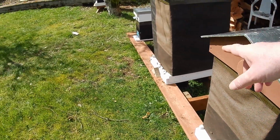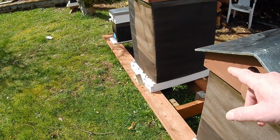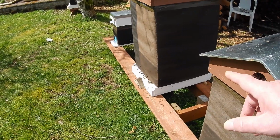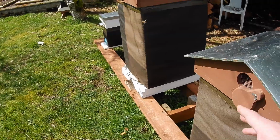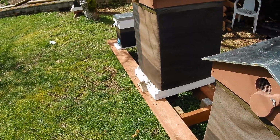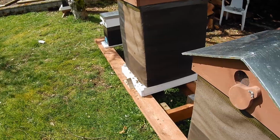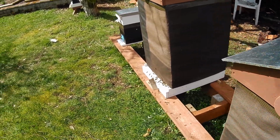Now on hive 2, the bottom box is being used as a ladder, because I did get a peek at it. I didn't have it right open, but all the frames down there are nothing but comb and just bees running up and down. So they're using the top 3 boxes for stuff, but I want to see if they do actually move down and start using that bottom box. So anyway, I'm going to